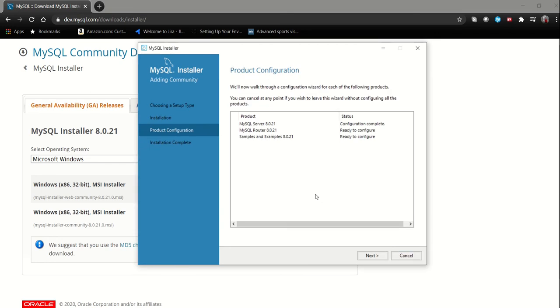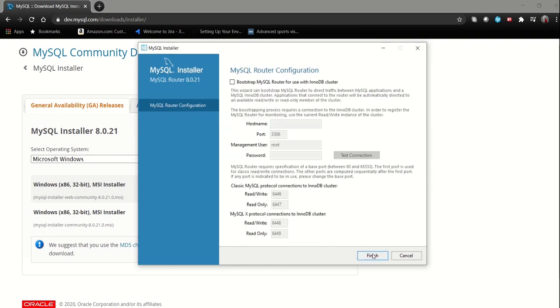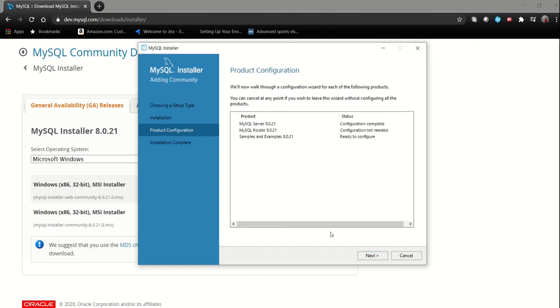Then the system is going to take you back to product configuration page and ask you to configure a MySQL router. So I'll click on next and I'll just click on finish. I don't want to change anything other than the default, and then click on next to finally install or configure samples and examples.